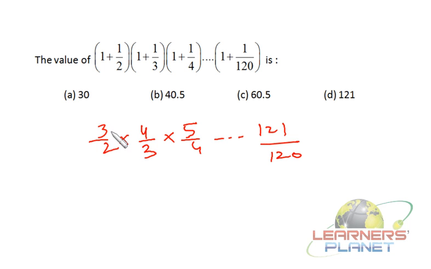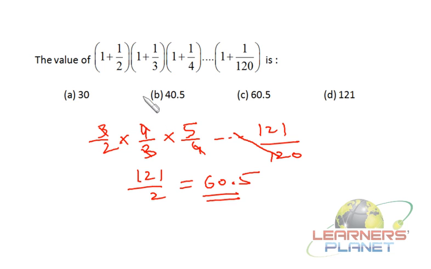Friends, if we observe, the numbers are getting cancelled in this way. Here definitely we will be getting a term with 120, so it will get cancelled from this. So finally we are left with 121/2, that is 60.5. It looks like a big, tedious problem, but actually it is very simple. Okay,